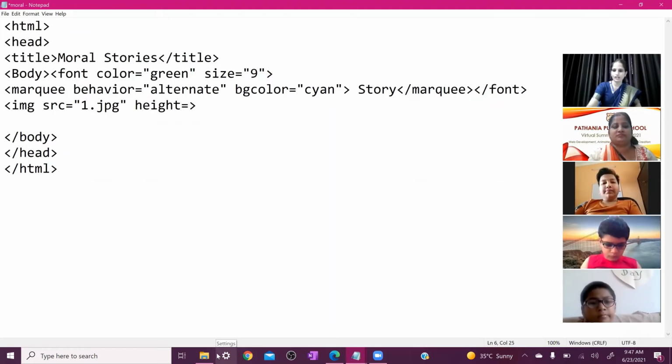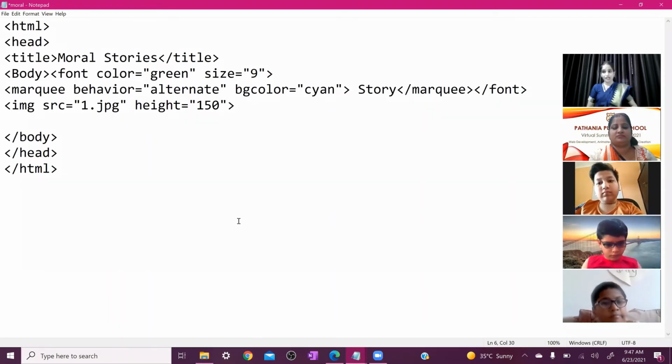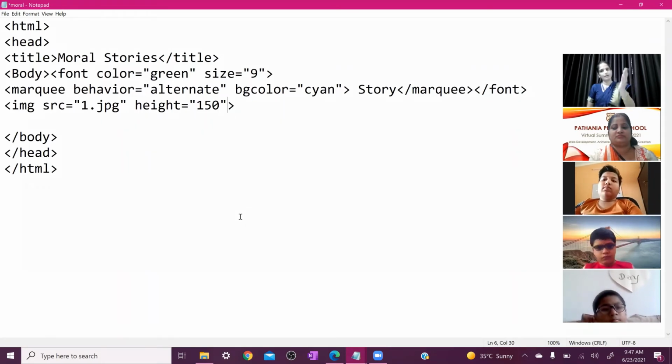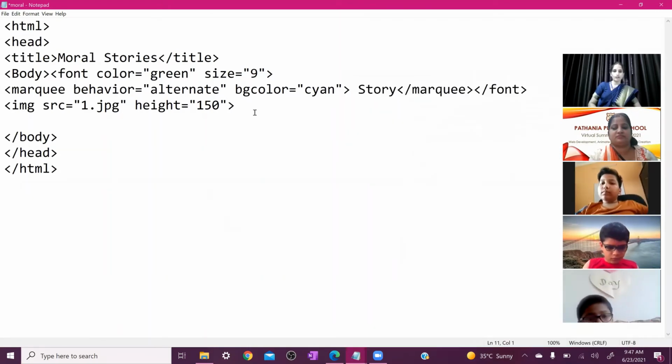Height is equal to, between inverted commas, you can write down 150, 200, 250. You can write down any, but you check it on your screen whether it will set on your screen or not. So you can change it up and down, 150, 100, 200, 250. You can change it. Okay, but according to me, you can set here height is equal to 150.